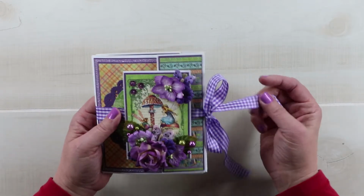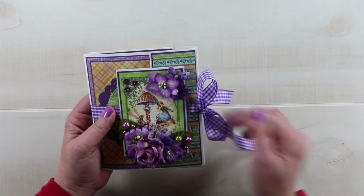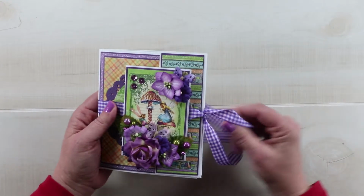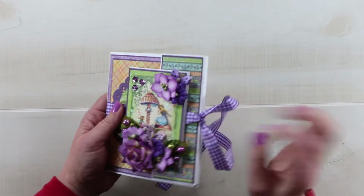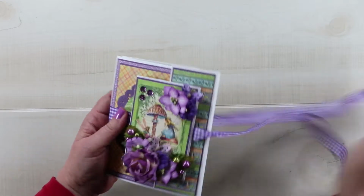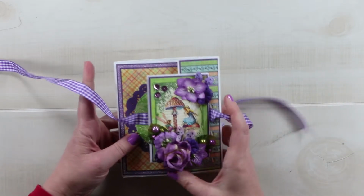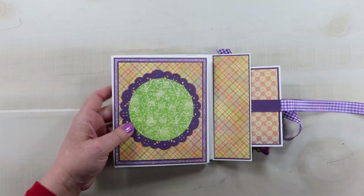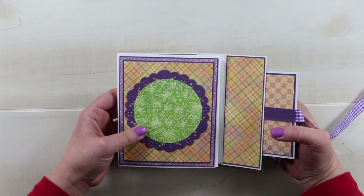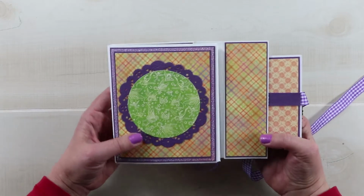And then I've got it attached with this beautiful coordinating purple plaid ribbon, and that just wraps around and ties. I've left a generous length here so that tying the bow will be easy and it will have a nice long tail. So on the inside cover, I have just a coordinating color combination from the front so that it